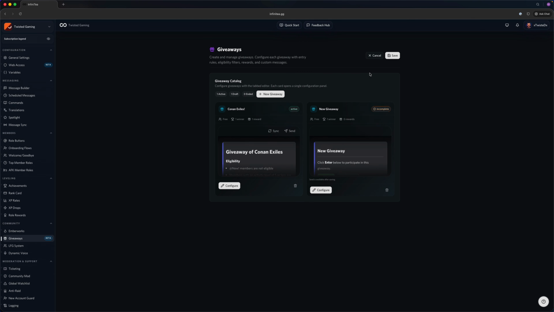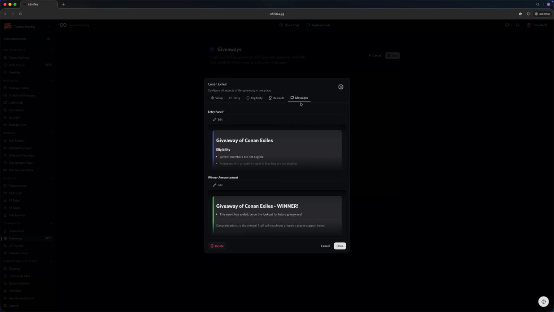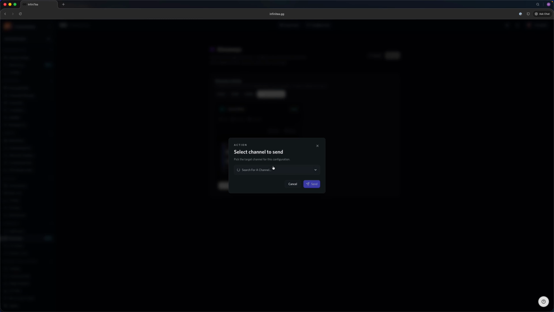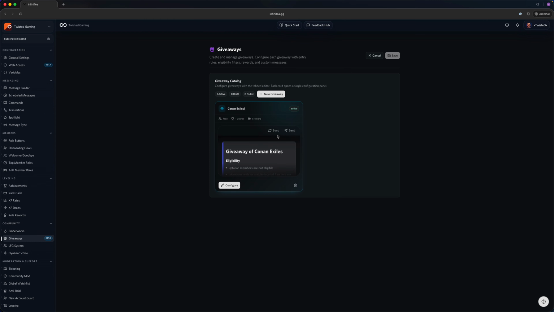Once you have properly configured your giveaway, you'll see I have a live giveaway going right now. Then you'll see that there are buttons here for save and sync. You must save your giveaway configuration before these buttons will be visible. Syncing allows you to make an edit to your message and then resync it to send it. However, you should not sync an ended giveaway. Don't do that. In fact, the system, if you refresh this page, will not let you do it. But once you've created it, go ahead and click send and send it to a target channel, and that's all you have to do. So again, you need to configure the settings for the giveaway and then send to the